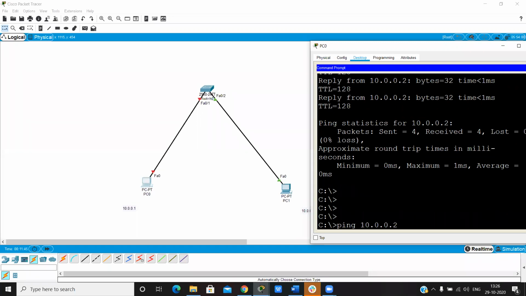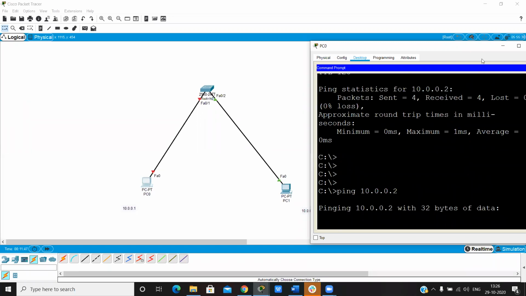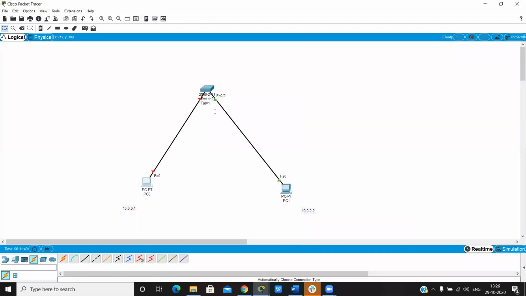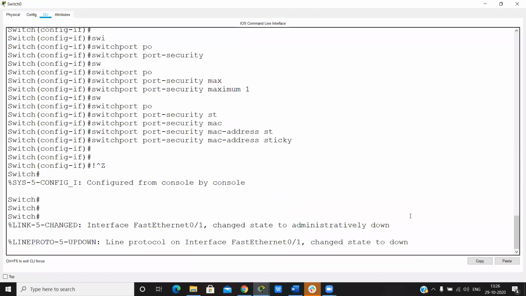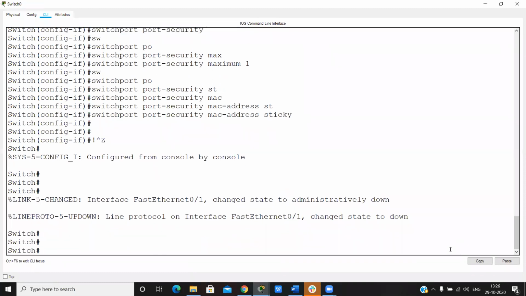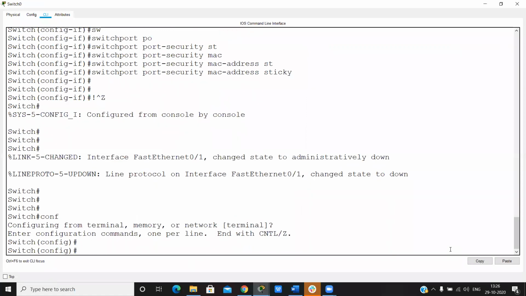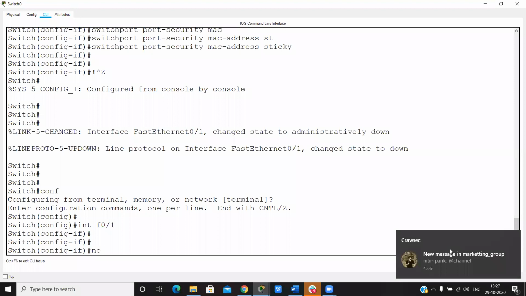This port is down. If you want to change the state, go into global configuration mode, interface F0/1 and run the command no shutdown.